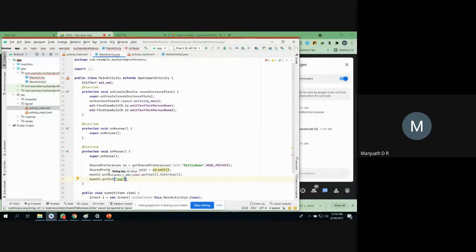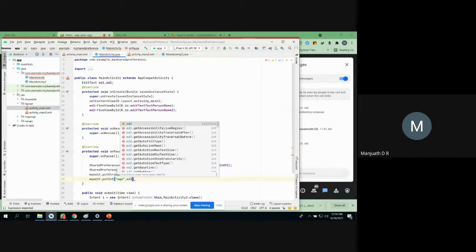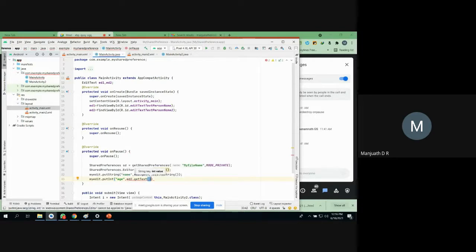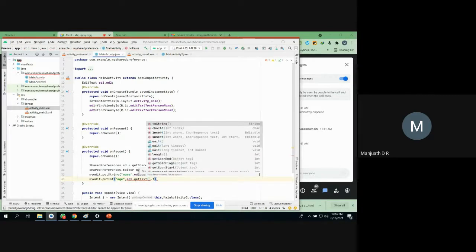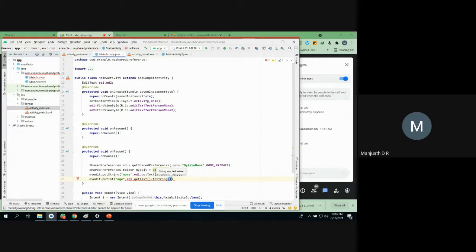Fine. Now, whatever the data I'm getting through the second edit text box, so that's why ed2, of course, getText. There is no ed2, so I need getText, right? getText, that too, toString. Okay, but there's no problem here. But the thing is, I am going to use integer, right? It's completely numerical. So what I have to do is parse the result into an integer.